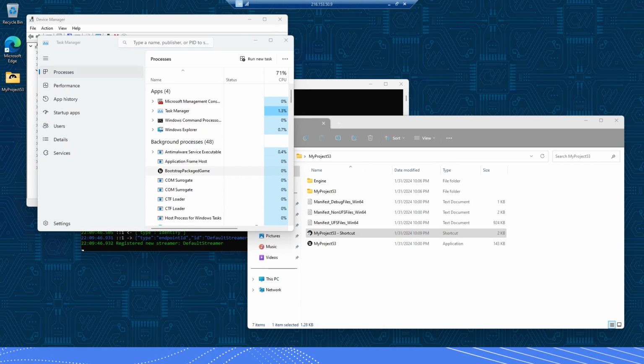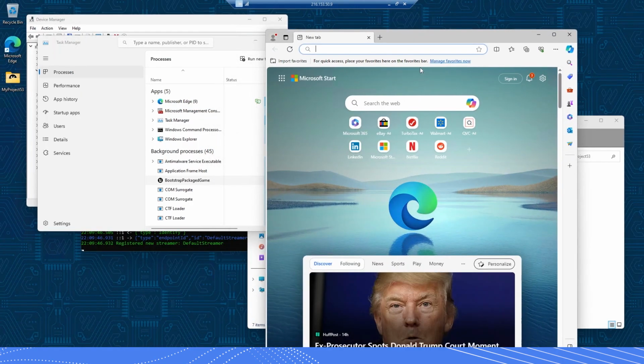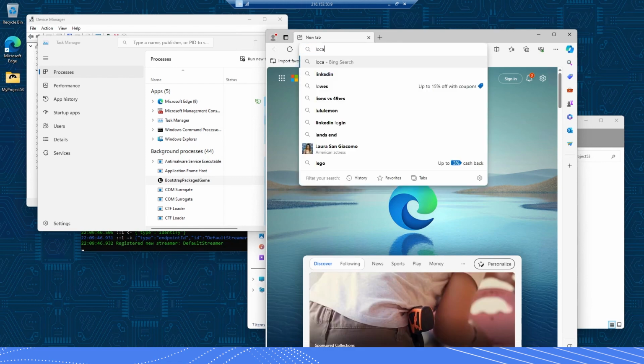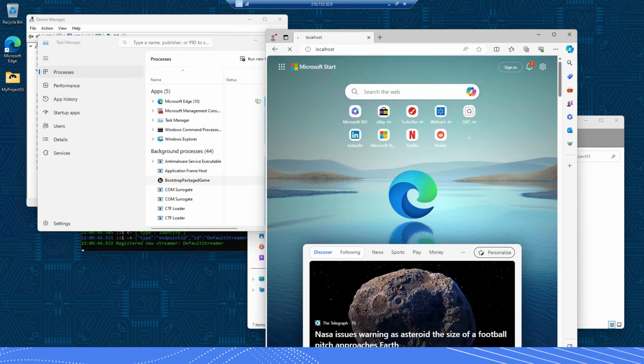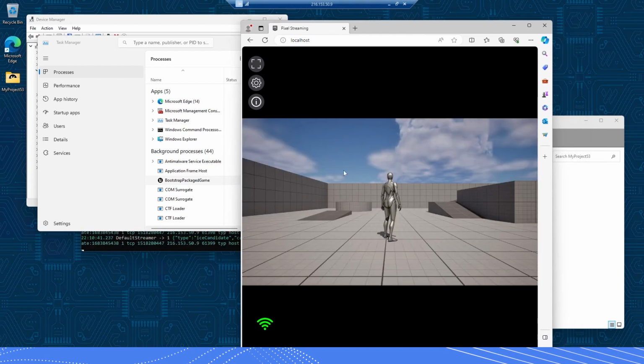The next thing we need to do in order to pixel stream locally is just open up a browser. You can use Chrome, or in this case I'm using Edge, and just type in localhost. Once you do that and you click connect, then the pixel stream will start,